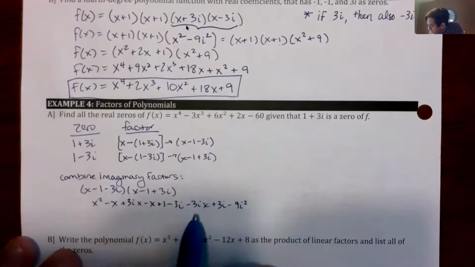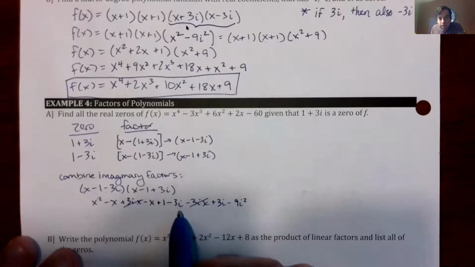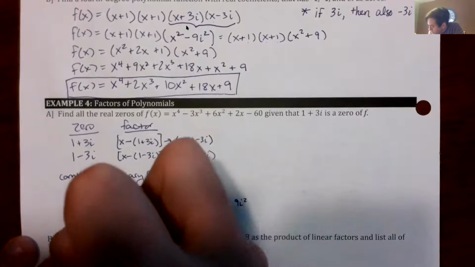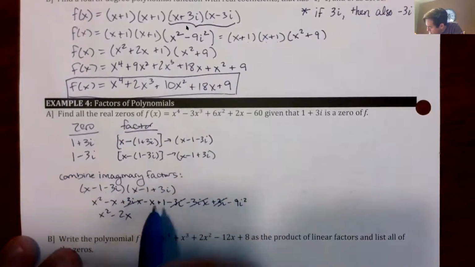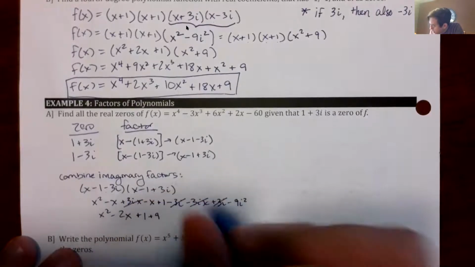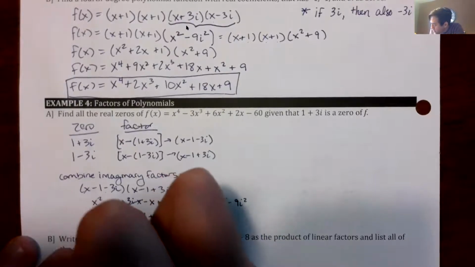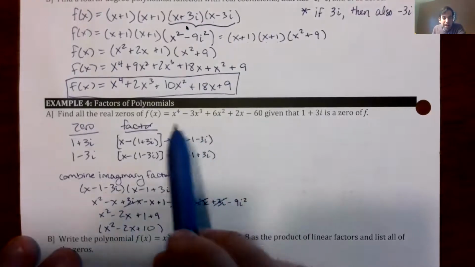The plus 3ix and the minus 3ix cancel. The plus 3i and the minus 3i cancel. We have x squared minus 2x plus 1 minus 9i squared, which really means plus 9, right? Because i squared is -1 times -9 would be plus 9. And so this gives us x squared minus 2x plus 10. Okay, so what all of this means is that this x squared minus 2x plus 10 must be a factor